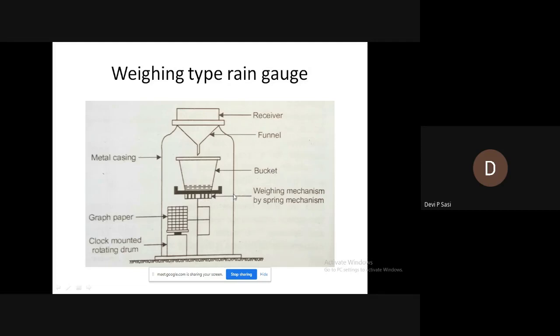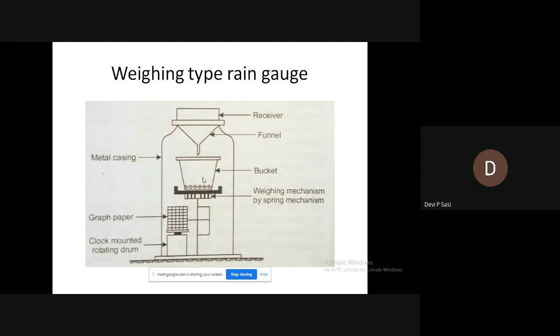It is placed over a weighing mechanism in such a way that if there is any increase in weight inside the bucket due to addition of water, the water reaches the receiver, then the funnel, then the bucket. So as the amount of water increases, the weight of the bucket increases. If there is any increase in weight of the bucket due to addition of rainwater, it causes the platform to move. Water comes to the receiver, from the receiver to the funnel, from the funnel straight into the bucket, and when the water in the bucket increases,